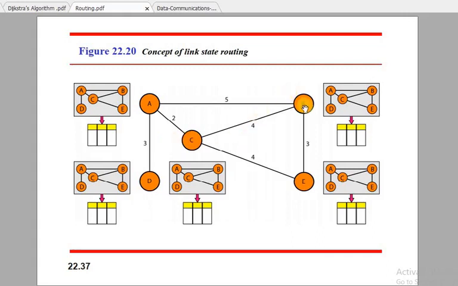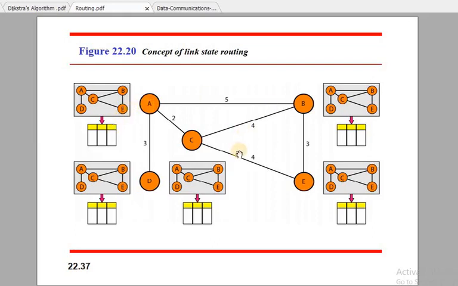Okay, so suppose B needs to have the knowledge. What will happen is B is going to gather the information from A, C, then E, then D, right? So all are going to participate in order to construct this particular topology for B. Similarly, in the case of A, the same thing is going to happen, and even for D, C and E. Based on this network obtained after gathering the information, a particular routing table is going to be constructed. This routing table will have a special property. It is going to have the knowledge of the shortest path from that particular node to all other nodes.